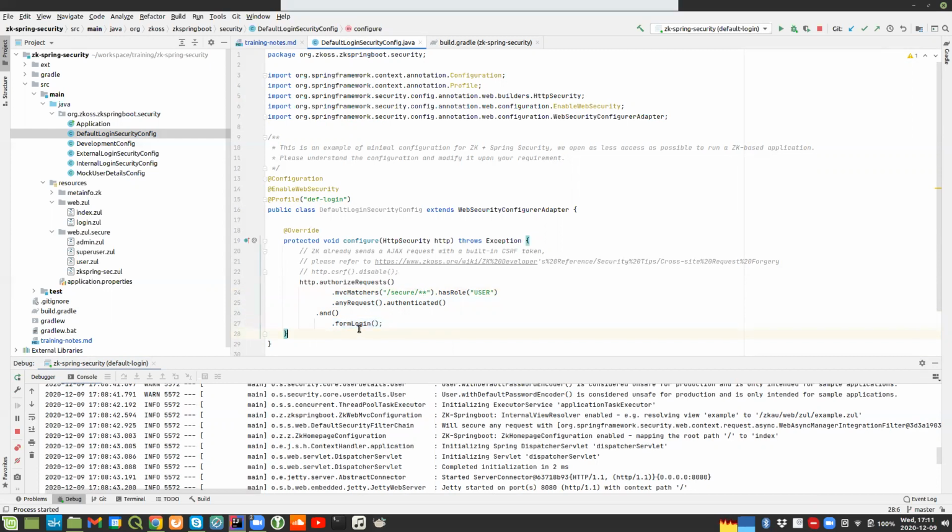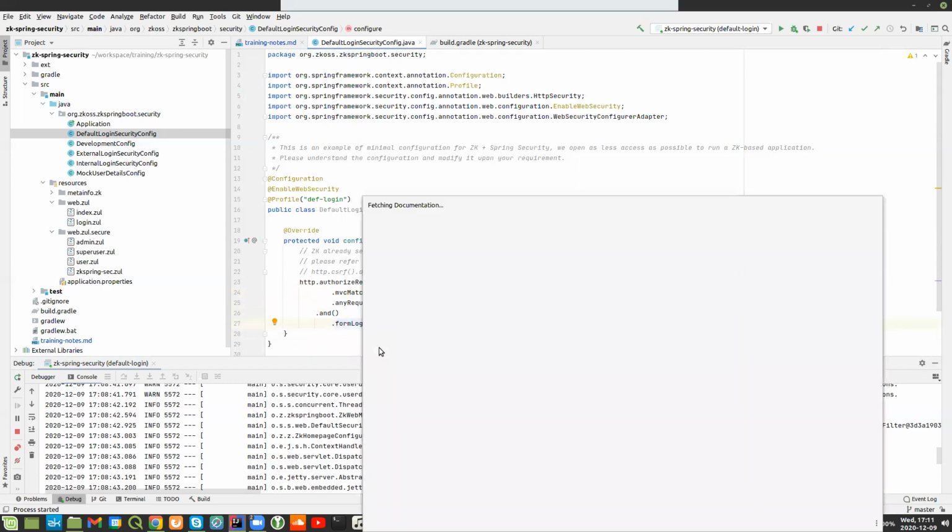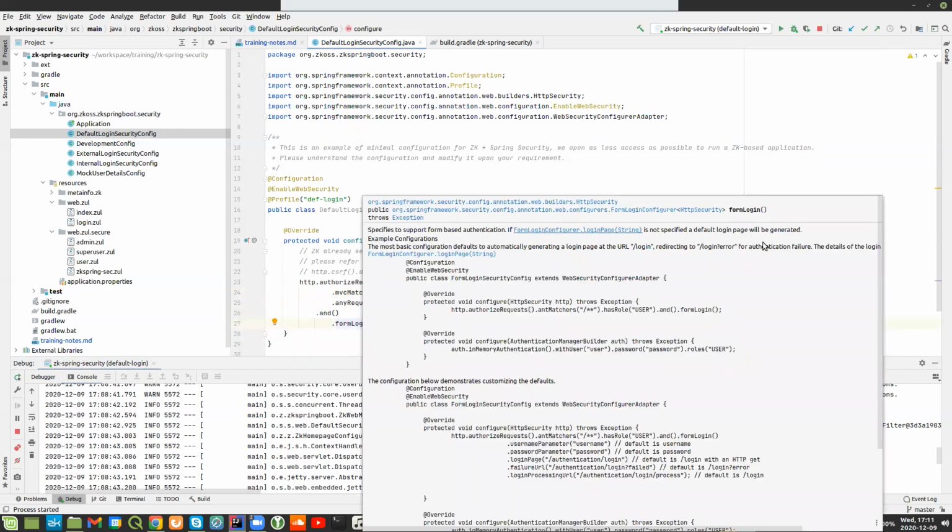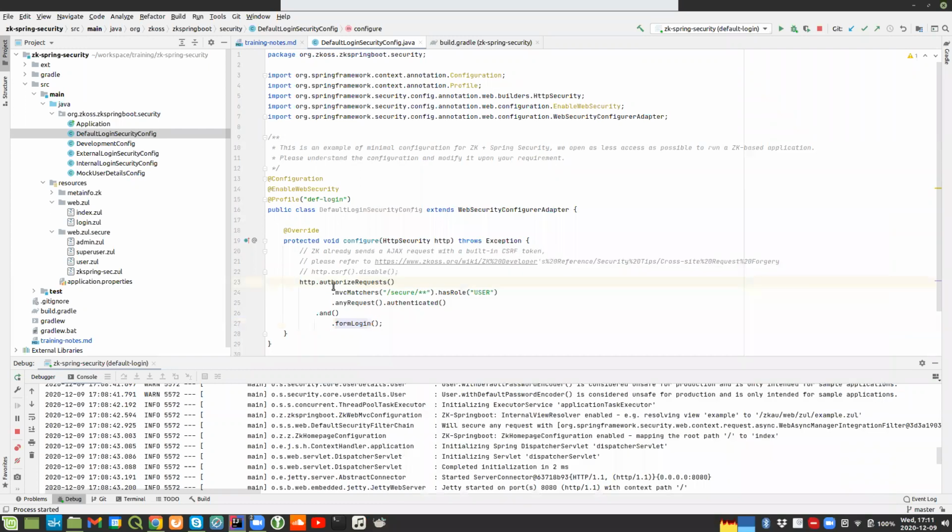It's just built in. If you don't know what it does, the documentation is quite good. You just open it and it shows what it does. You know, it says it will create the most basic configuration, defaults to an automatically generated login page under the URL login, and these are the failure URLs. Just try if this works. So we enabled this,